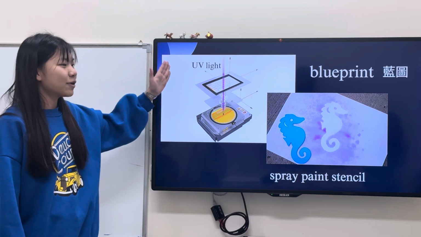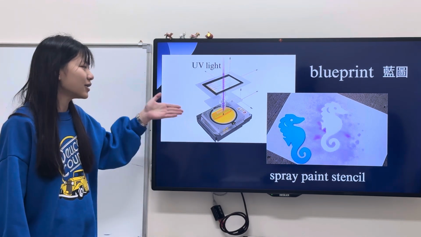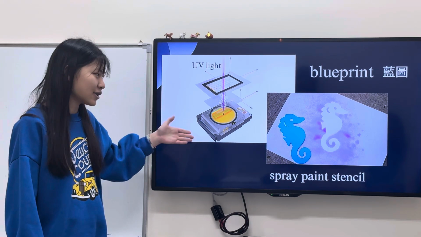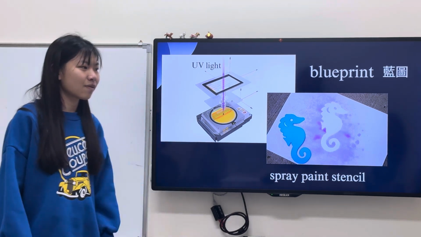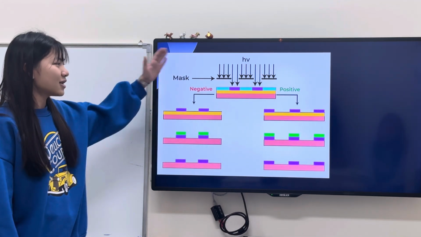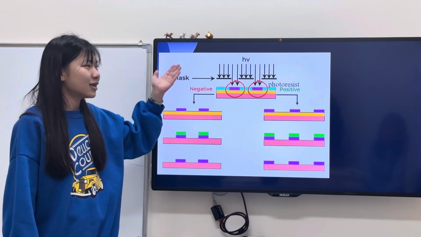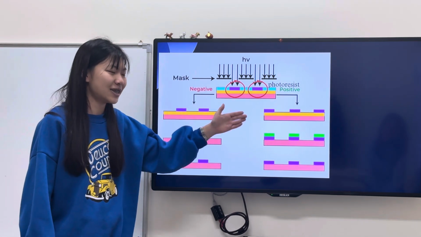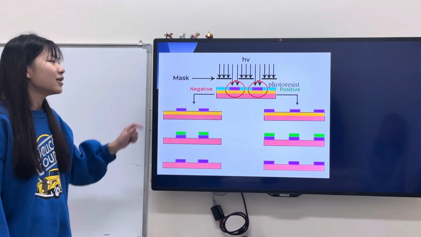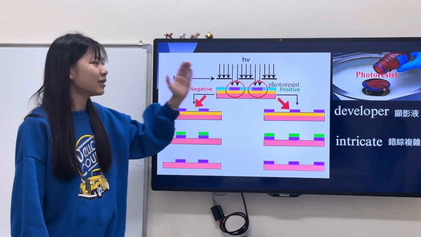And people use UV light to blueprint the circuit patterns on the wafers, just like a spray paint stencil. The light would hit the specific areas on the photoresist, and then the unexposed part will be washed away by developer,